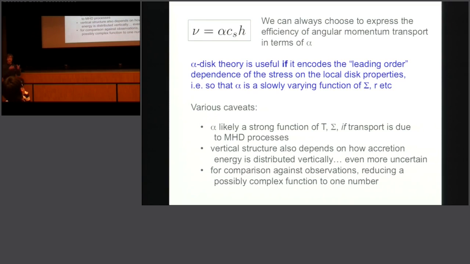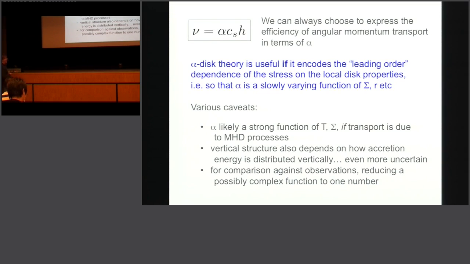So if we imagine that the viscosity was an unknown function of the parameters, we could always convert it into alpha being a somewhat different unknown function of the parameters with this scaling with the sound speed and the disk scale height. So that's obviously a trivial relabeling of the problem, going from the viscosity to instead alpha, if we want to imagine alpha as being in some way a more fundamental